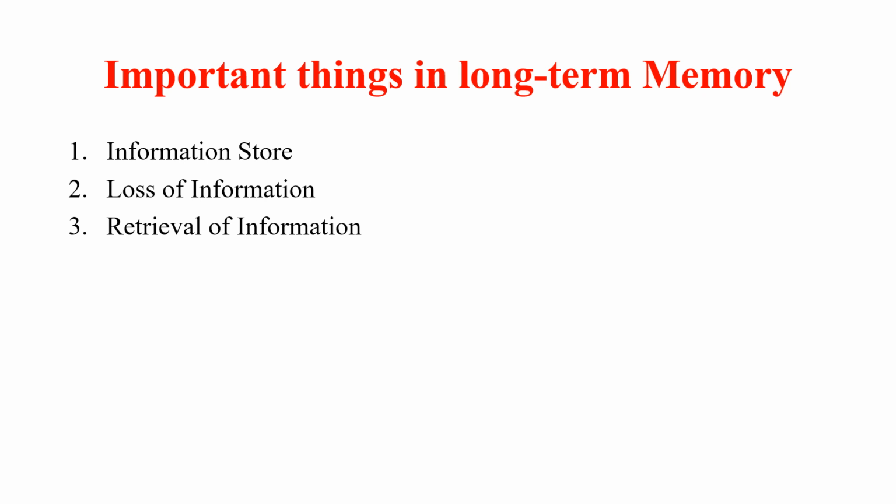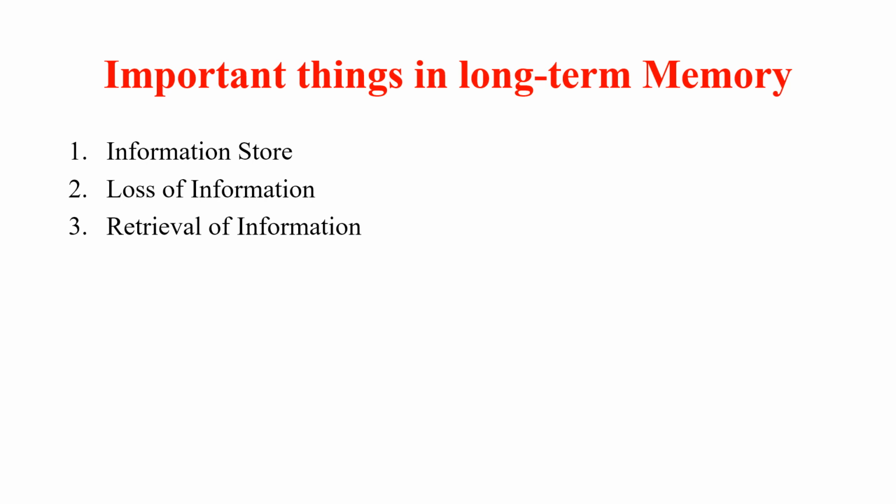Then the second one, loss of information. So in the loss of information, as we know, we are human and we sometimes forget. So why is it happening? It happens because of interference. Now what is interference? Interference is when you had some old information, and now you have received new information, and the new information masked the old information, and due to that you forgot the old information and remembered the new information. This is called